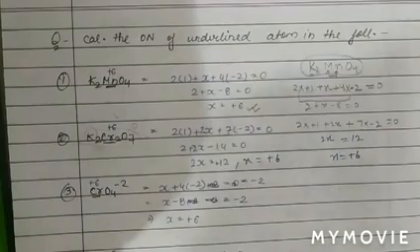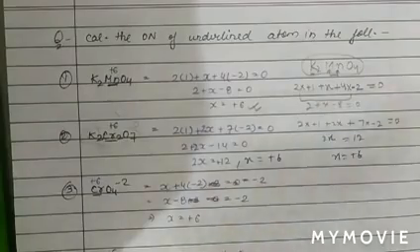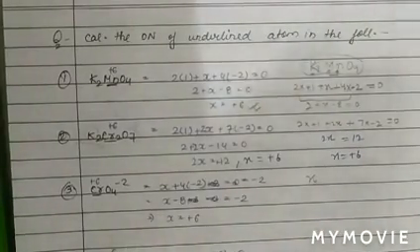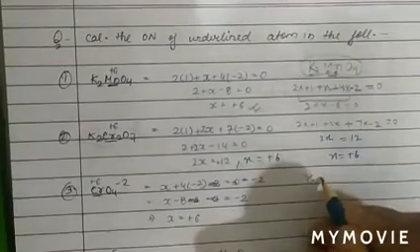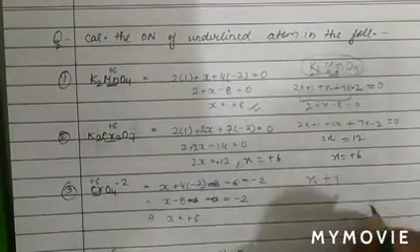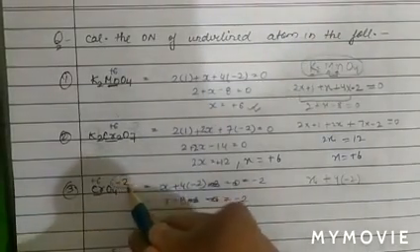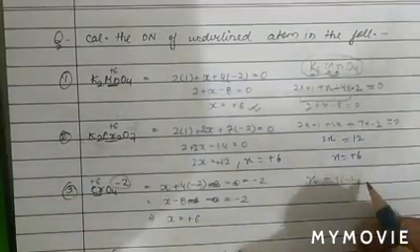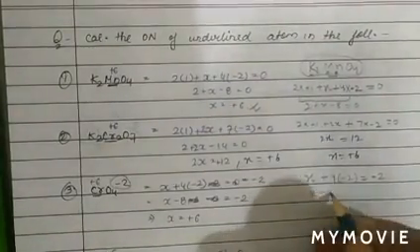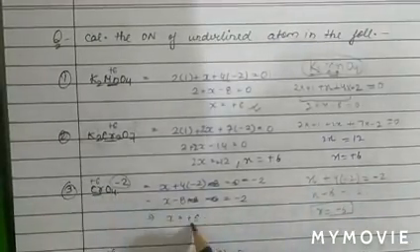See the next question. In the next question, we have to find the oxidation number of chromium. Let the oxidation number of chromium be X. Oxygen in the form of oxide, so 4 oxygen atoms are there, and the charge on oxygen is -2. So 4 into -2, and the sum of oxidation numbers equals the charge. The charge on this ion is -2. On solving, we get X minus 8 equal to -2. So X will be equal to +6. So the oxidation number of chromium is +6.